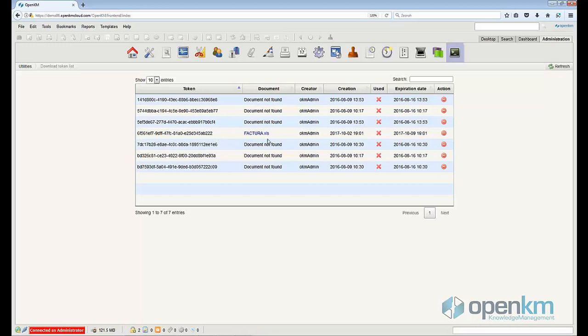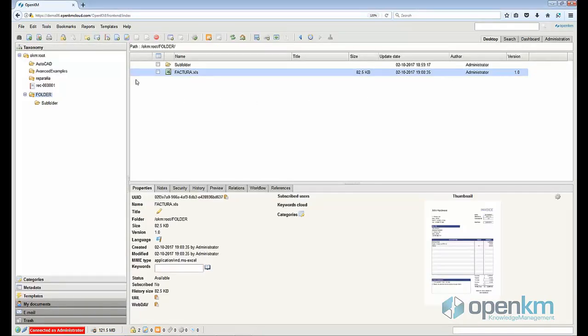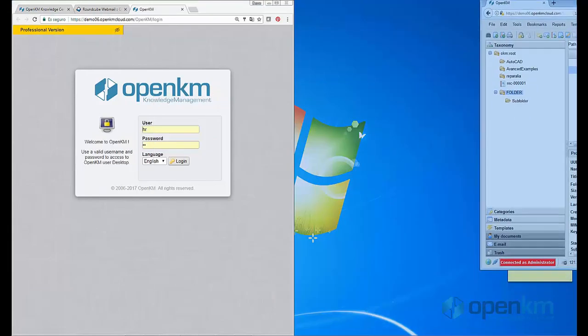someone has created a download link. We can see the creator, the date of creation, if the download token has been used or not, and the expiration date. And as a user can create a download token, we as administrator can remove the download token. The user will have received the mail address, but anyway, the download token won't work. Here we have seen how we could